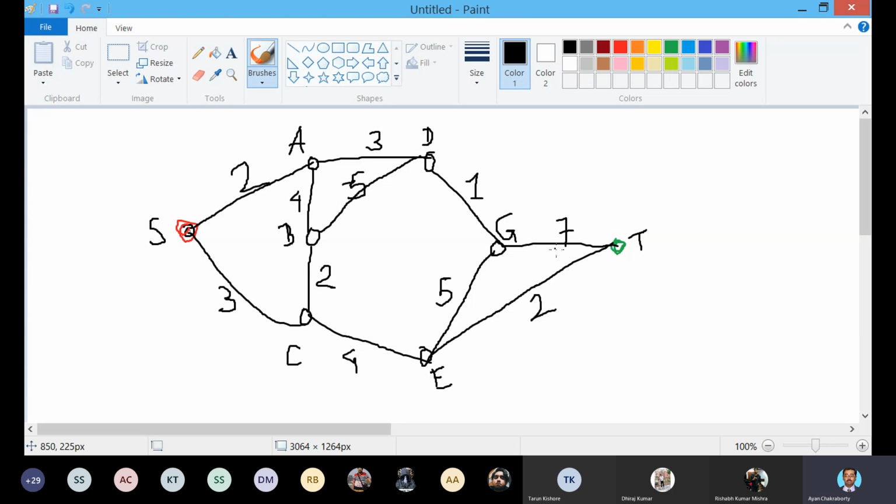Okay, so if these are the values or weights of the edges of this graph, and we try to solve this using the hill climbing algorithm, we are in the initial position S. Now using the adjacency matrix, we can find out that there are two possible children, A and C. Now which one will be selected first? Tell me, which one will be selected first?